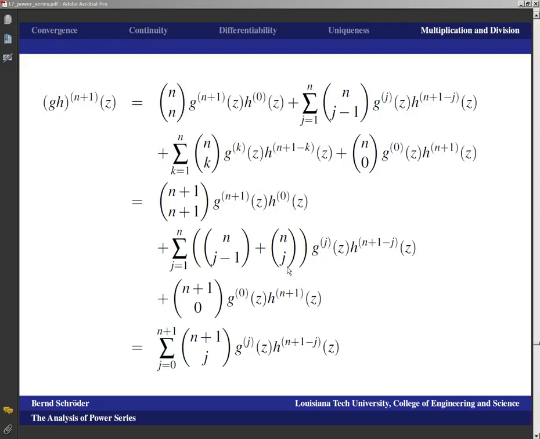Actually, it was supposed to be a j here, here, and here. That's when I combined the two sums. The cutting and pasting didn't quite work out. But it turns out to be well known that n choose j minus 1 plus n choose j is n plus 1 choose j. That's in fact a computation that you could execute just directly with the definition of the binomial coefficients, and it would be another really good exercise.